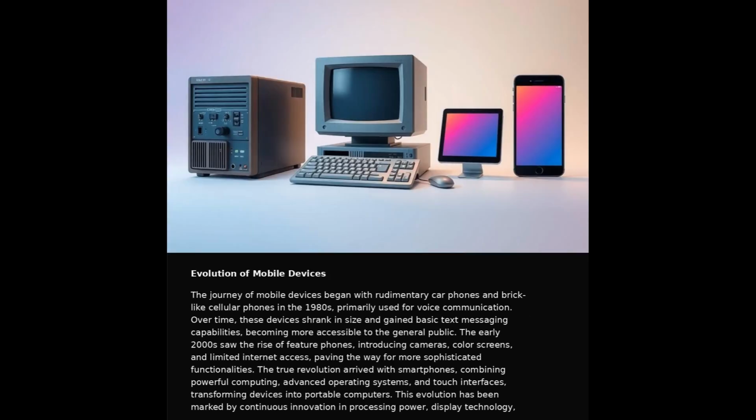Evolution of mobile devices. The journey of mobile devices began with rudimentary car phones and brick-like cellular phones in the 1980s, primarily used for voice communication. Over time, these devices shrank in size and gained basic text messaging capabilities, becoming more accessible to the general public. The early 2000s saw the rise of feature phones, introducing cameras, color screens, and limited internet access, paving the way